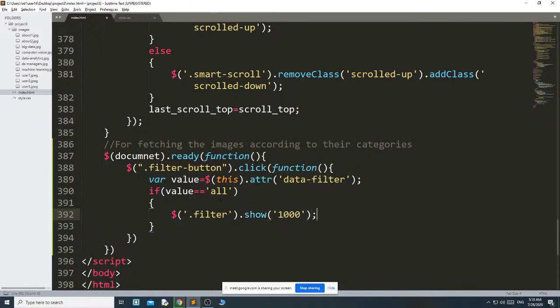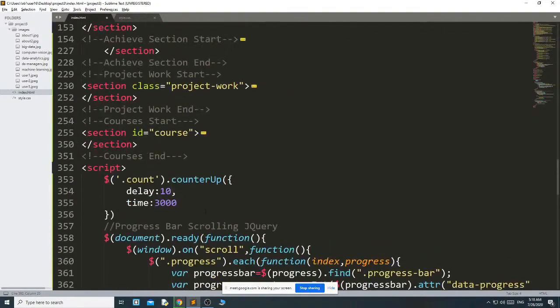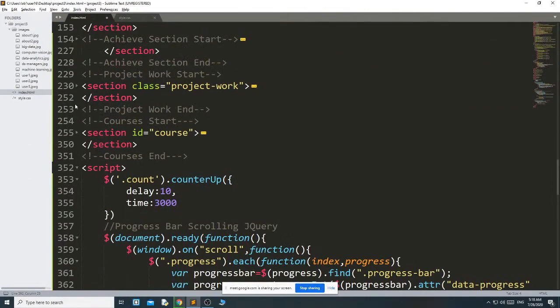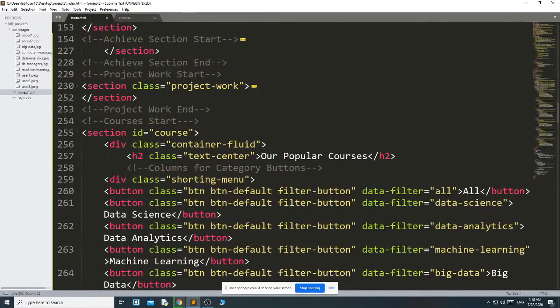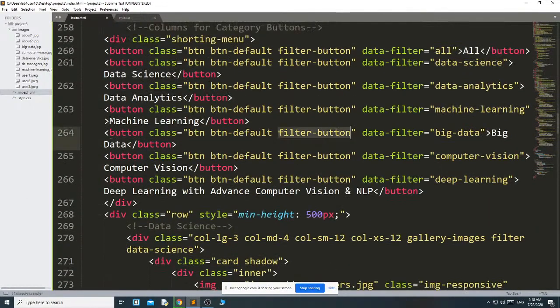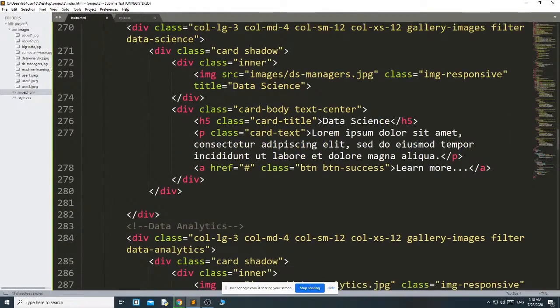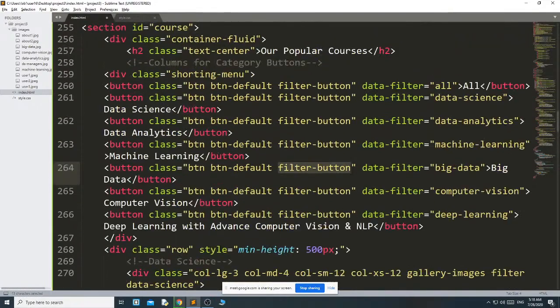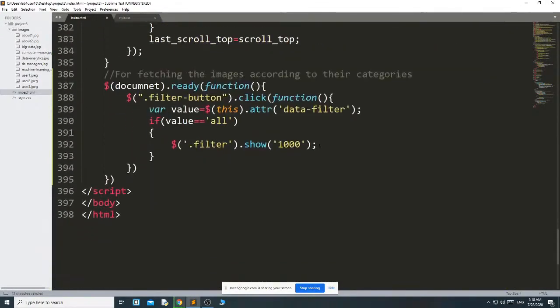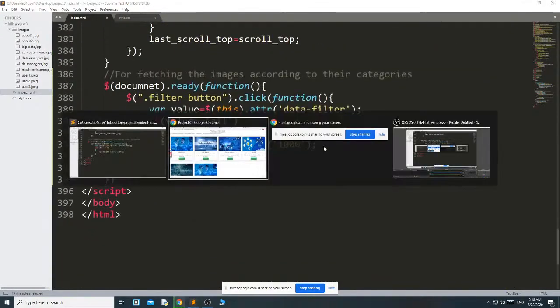See, dot filter is here. Dot filter is a class, here this is the filter button and dot filter is a class. Let me complete it, then I will show you.